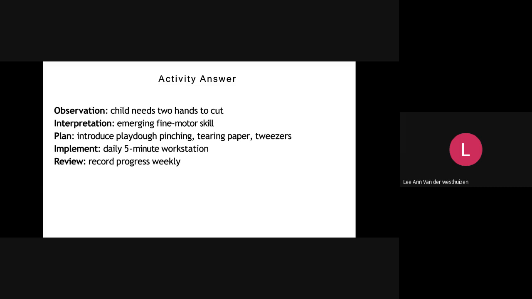So I would like to give six students a chance just to think of an observation that we can do in class, and then how to record it, how to interpret, and then the plan forward, how we would implement our plan, and then when and how we would review the scenario again. I'm just going to go through the list quickly again. Just call out a few names. If you want to join, you can just say yes. If you're not feeling comfortable, you can just say no, it's not a problem, I understand. So we'll ask